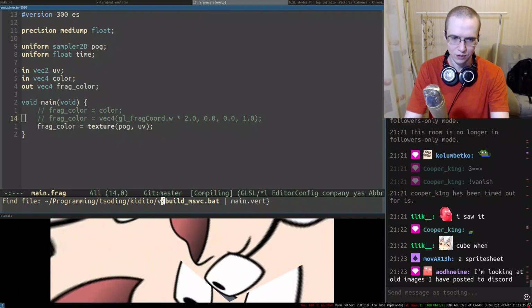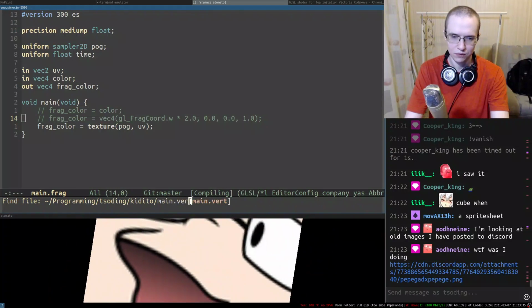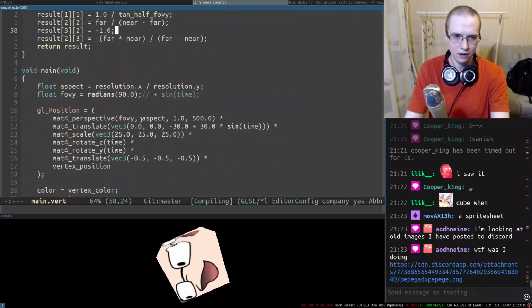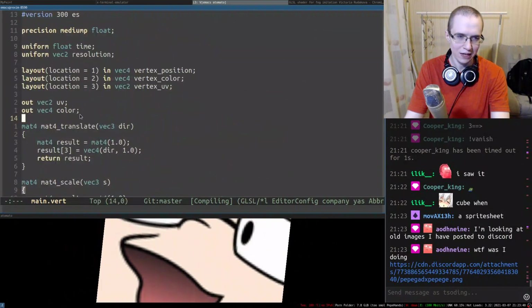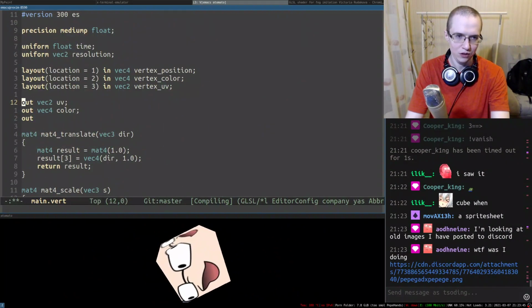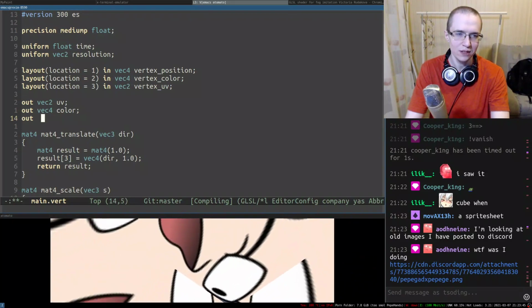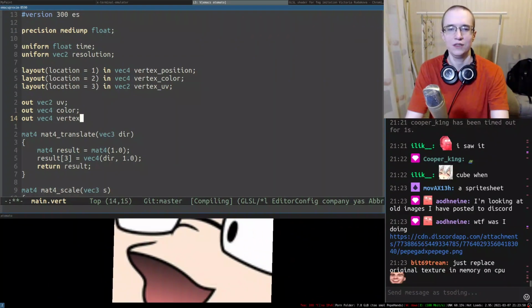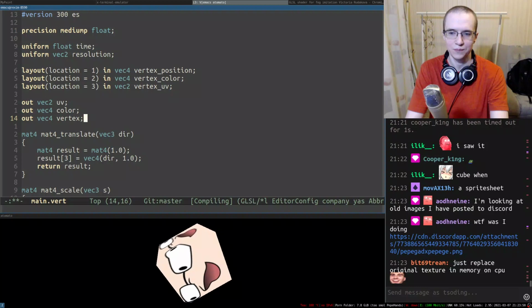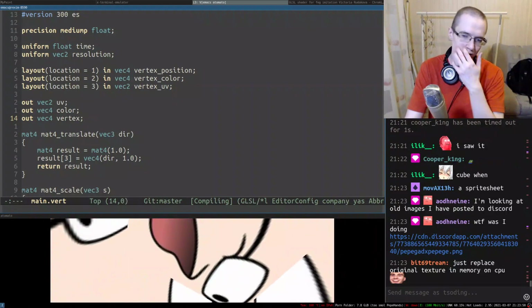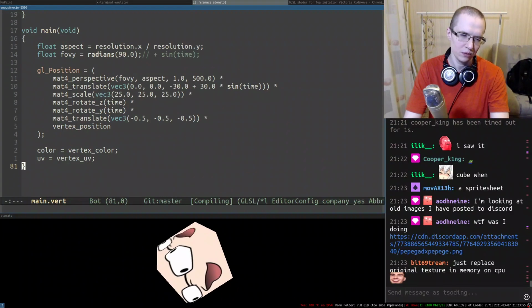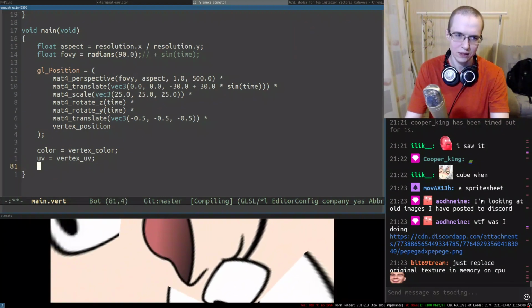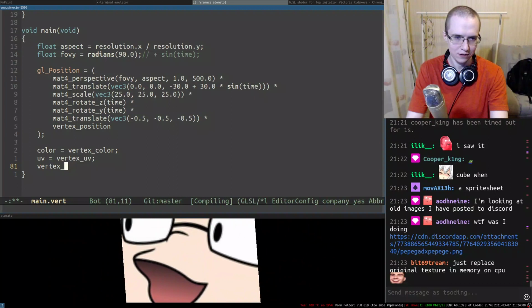So now it's gonna be main vert, and we're going to have an output here. So this is going to be UV. So here's UV color, and we're also going to have a vertex, right? So here's the vertex. Just replace the original texture in memory on the CPU. I'm already outside of the context, I'm sorry. So here's the vertex, and